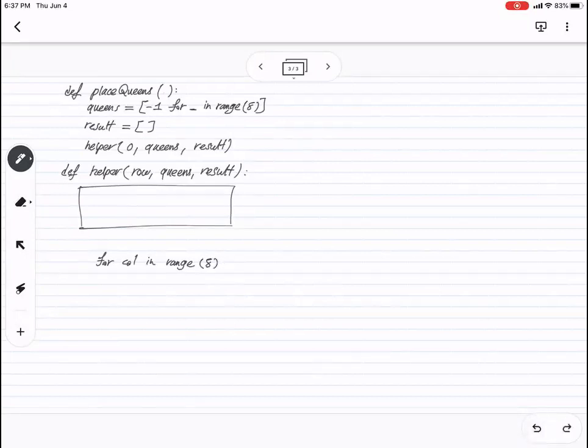My column is going from 0 to 7. And I'm writing if is valid. Let's say we have a function named is valid. In the interviews also, please do this strategy. Because you have to write first the top level algorithm, and then you should dive into the details,